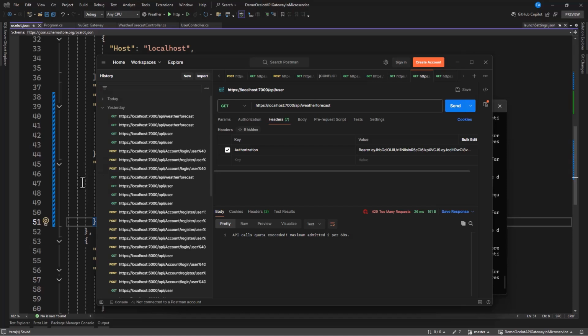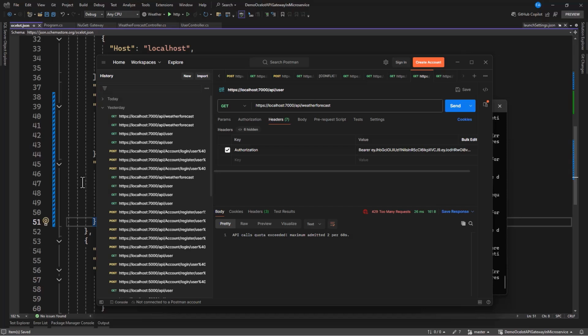The next thing that we're going to talk about here is request aggregation. What actually is request aggregation? In a complex microservices environment, you might have scenarios where multiple services need to be called to fulfill a single request.